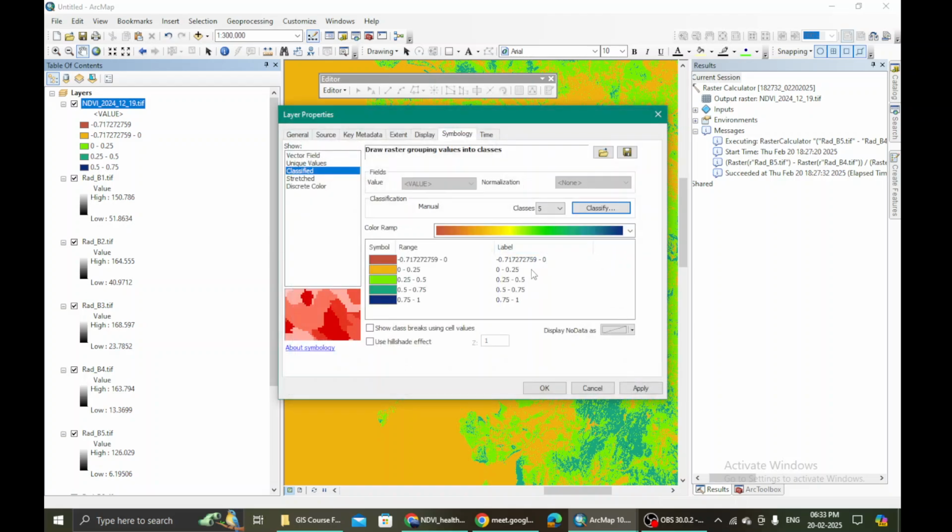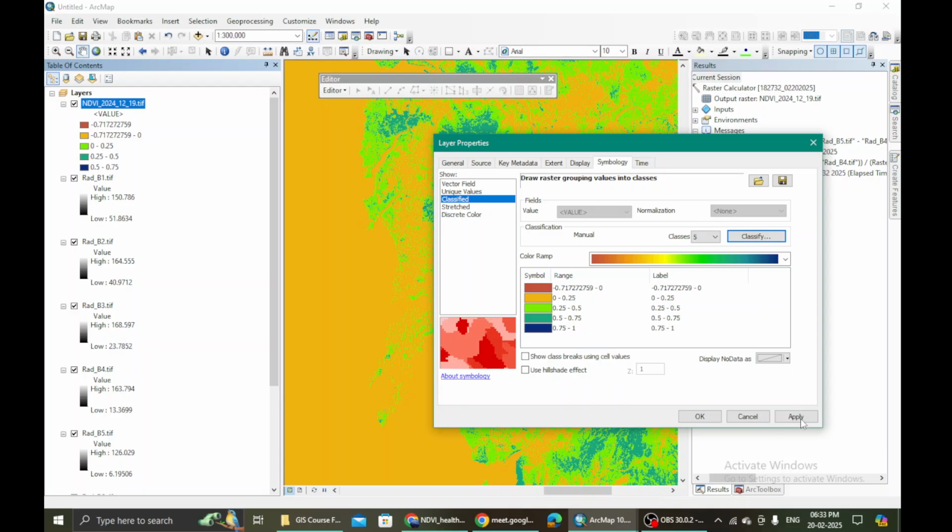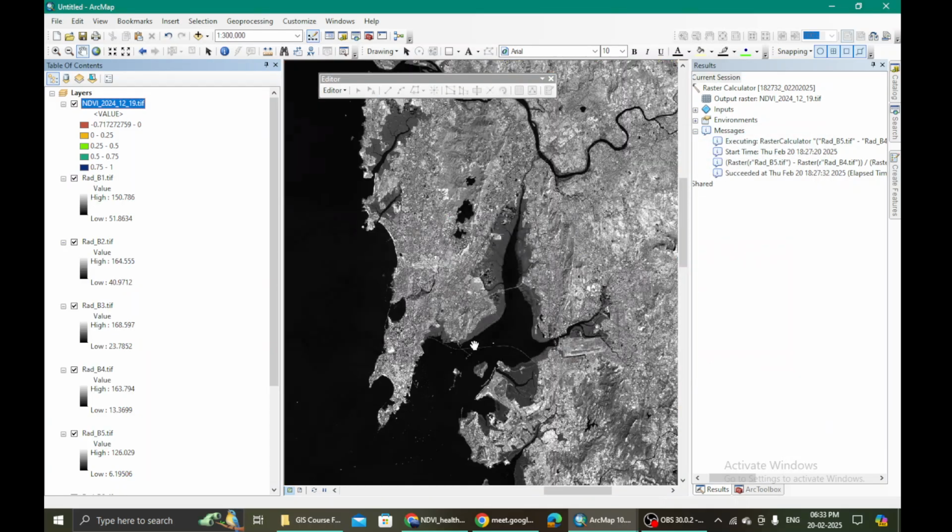I'm hitting OK. I have 5 classes, so all negative values come in one class, and then for the positive values I have made 4 classes. Interval is placed at every 0.25 value or ratio. It's a ratio. Okay, and then I hit apply, and then OK.